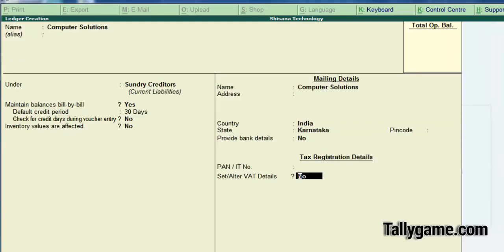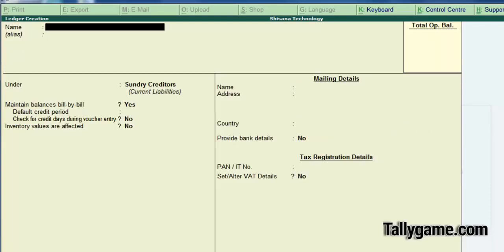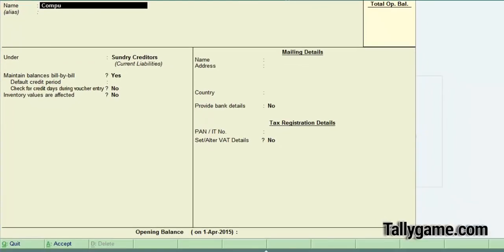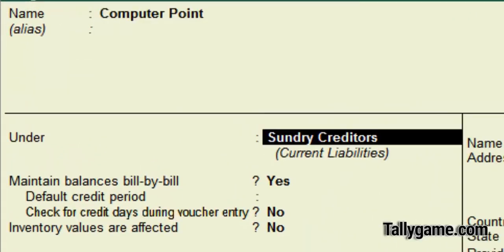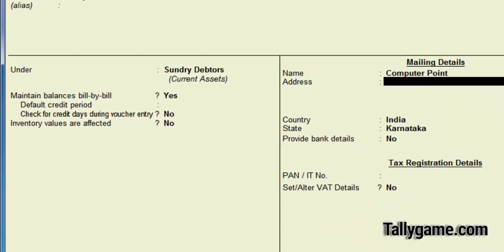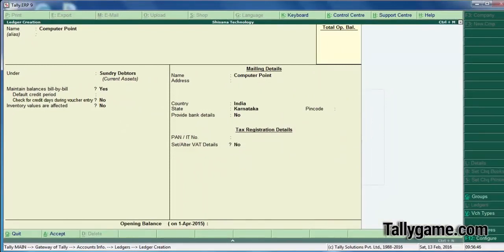Set alter VAT details, keep it no. Now let's create a customer ledger, that is Computer Point. They are our customer, under sundry debtors. So the customer ledger we have created.